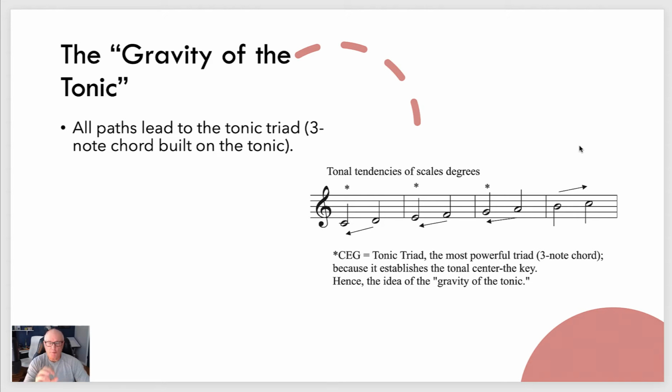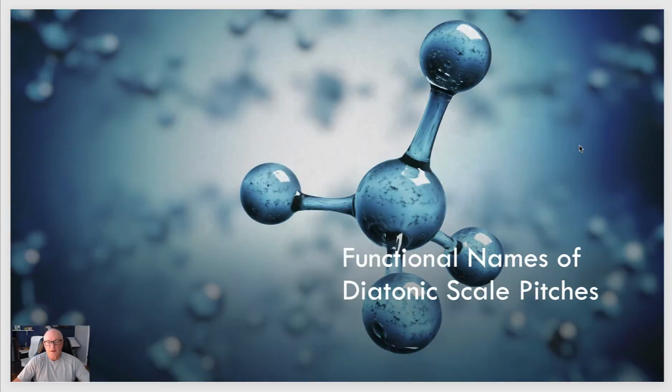But for almost everything we're going to do, everything leads to the first, third, and fifth scale tone. So that we end up with this. That's the gravity of the tonic. Now what does that have to do with intervals? Well, we end up with functional names of all these diatonic scale pitches, and those functional names are crucial in